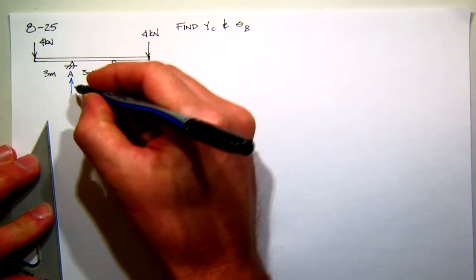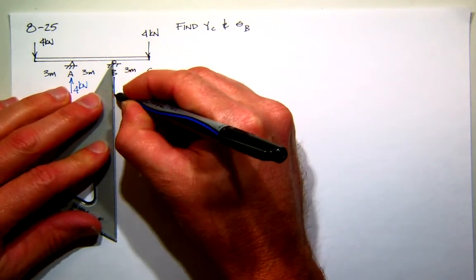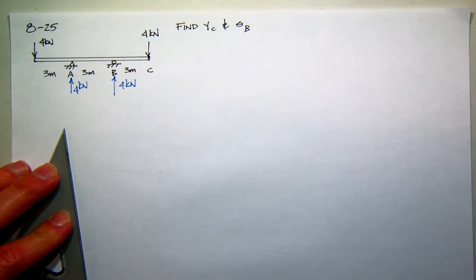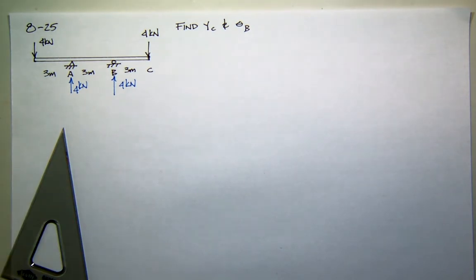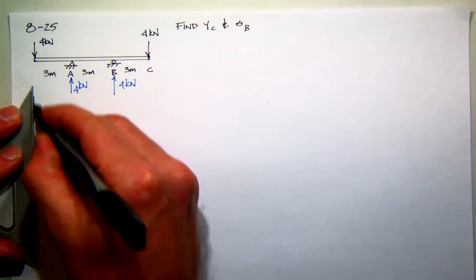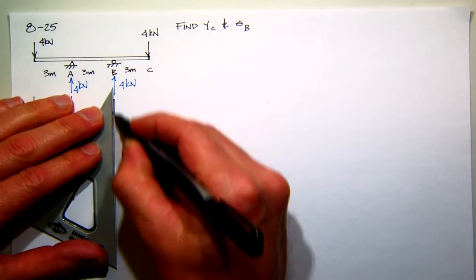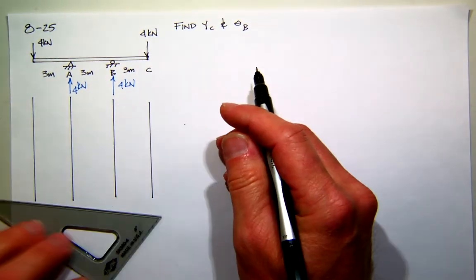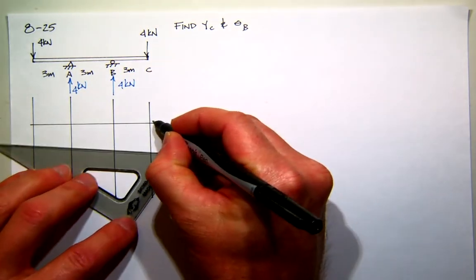that my reactions are 4 kilonewtons on each point. And then I'm going to quickly draw the shear moment diagram. I won't go into as much detail as we have in the past, because again, by this point in the course, I'm hoping that you can draw the shear force and bending moment diagram. So if I start off with my shear diagram